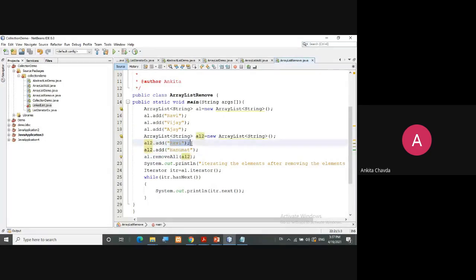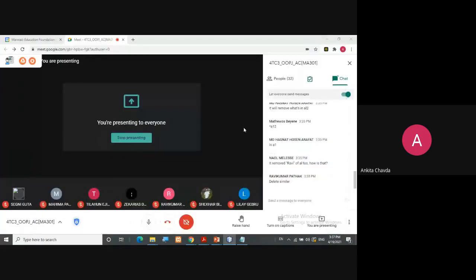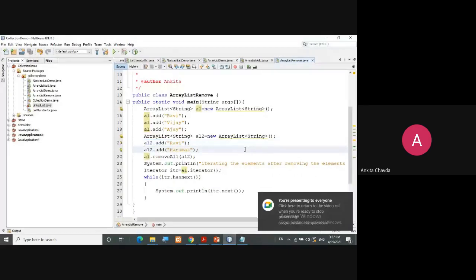So it will remove all the elements of AL2, as well as any similar element in AL1. Right? Yes, correct. Fine. So now just implement this program and try something similar again.